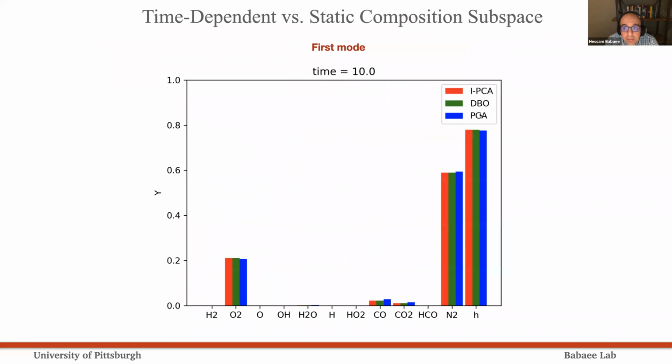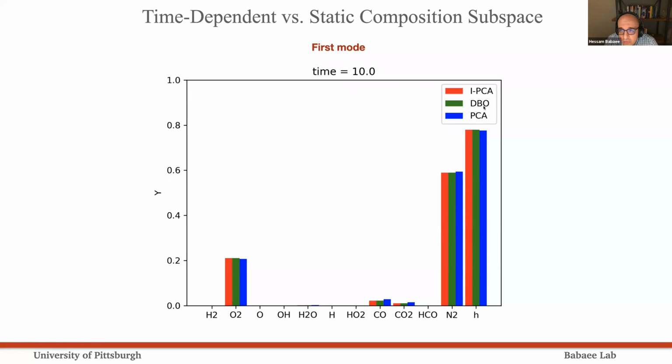So here we have done the PCA as I was talking about. So this PCA is a data-driven reduced order modeling technique where you first perform DNS, you collect the space-time data, you store it, and then you perform SVD, and then you can extract this low-dimensional subspace, which is static. So here the blue is PCA, and this is a movie that I'm gonna play.